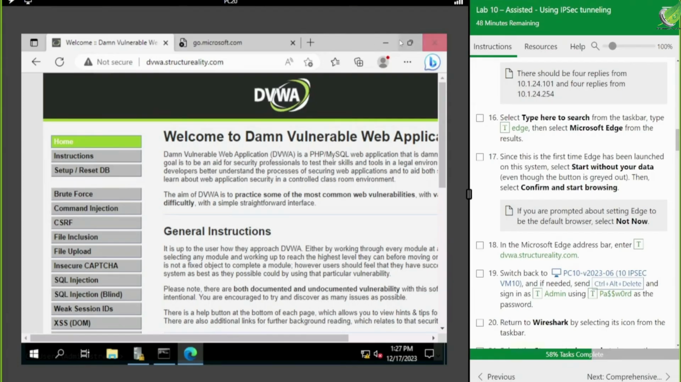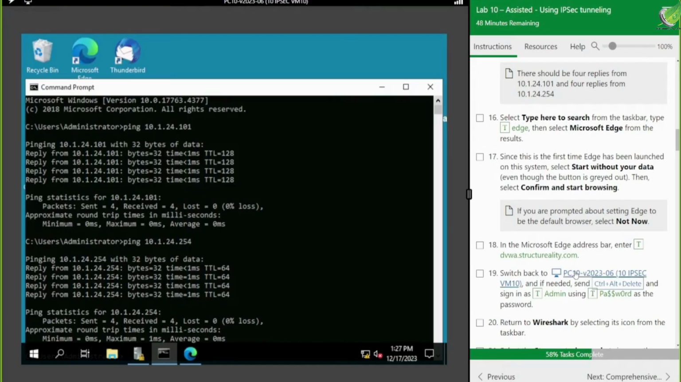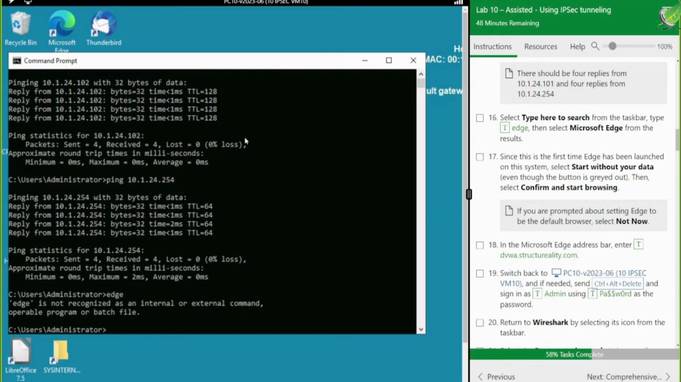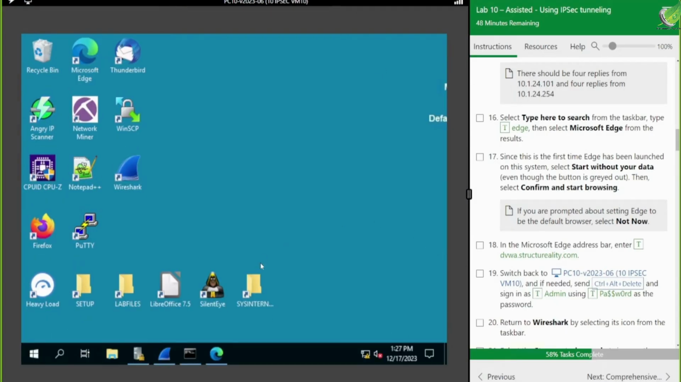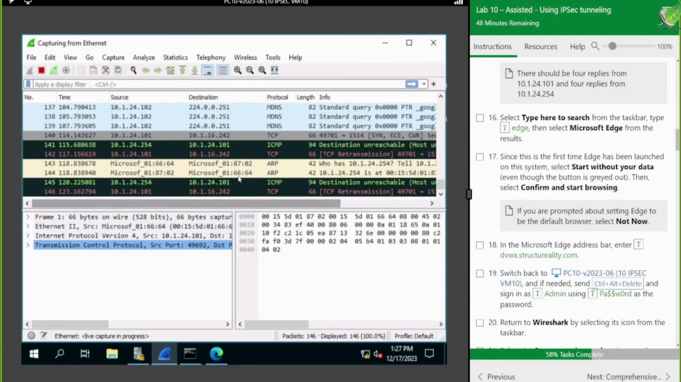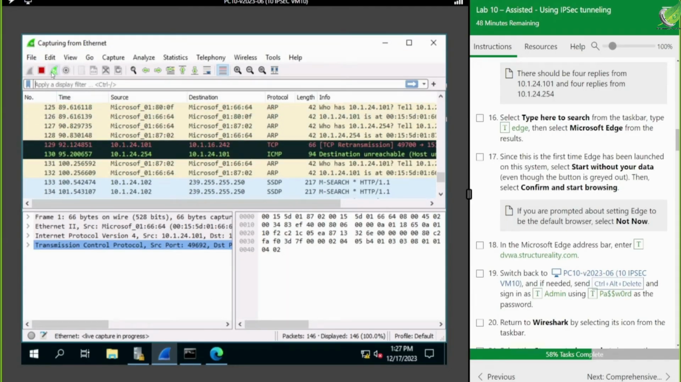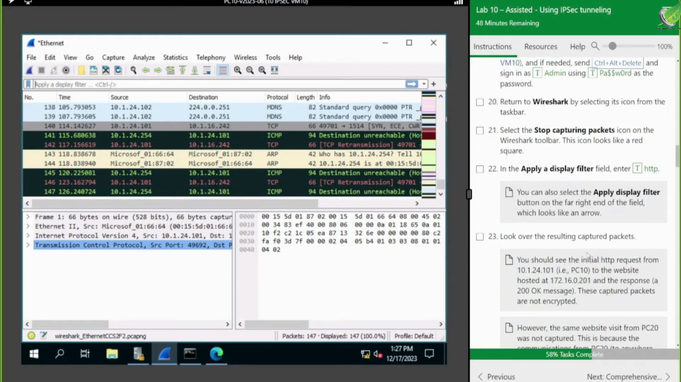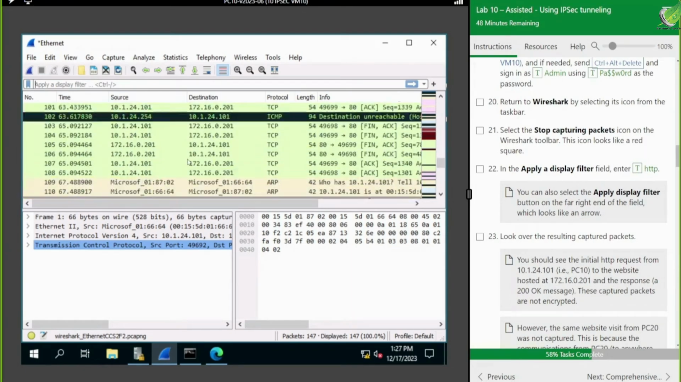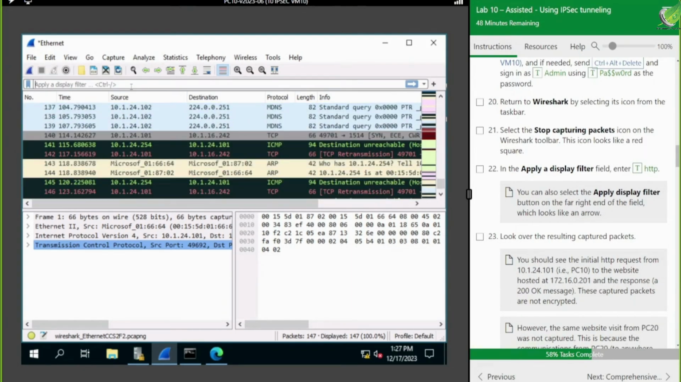Now let's go back over to PC10 and stop the Wireshark capture. That entire time Wireshark was capturing traffic. We can see all the traffic here. I'm going to go ahead and stop it so it's not too noisy. Now we're in Wireshark. Instead of trying to sift through everything individually, let's use the display filter